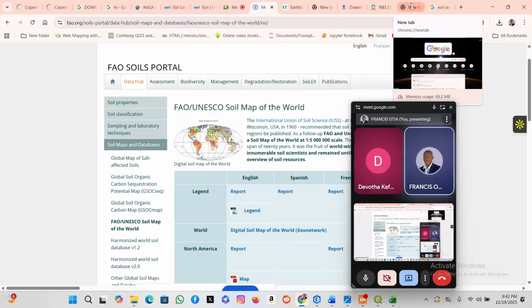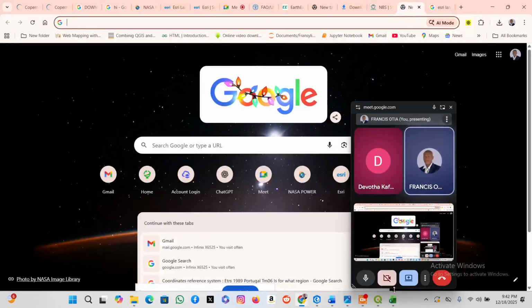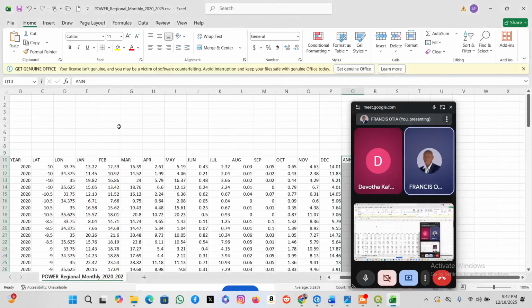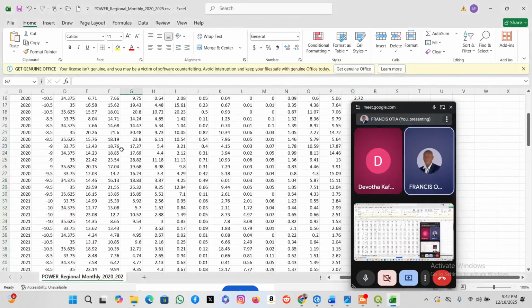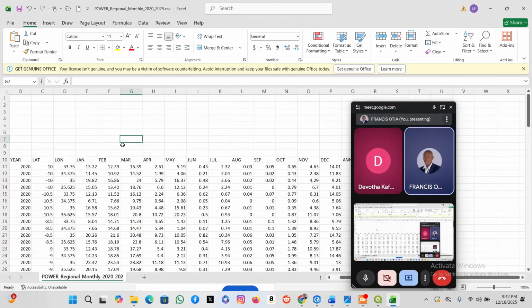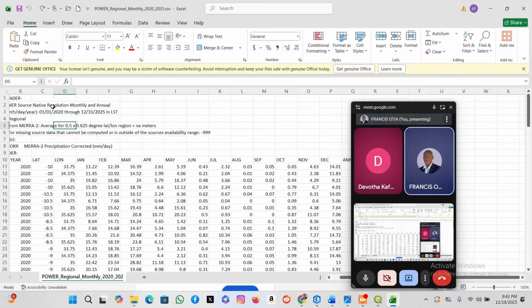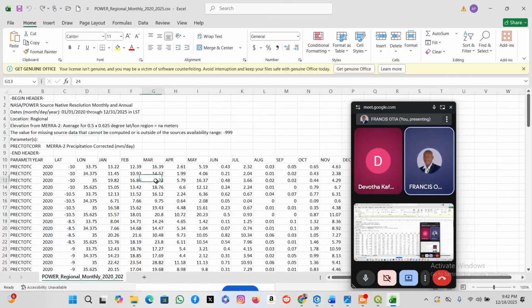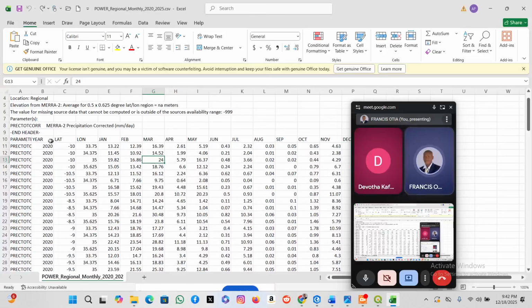Let's close that tab again. So it came like this, and then I added this,